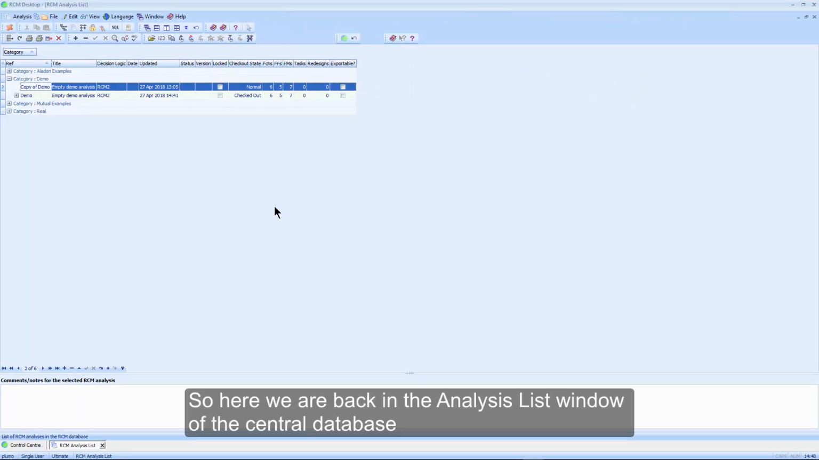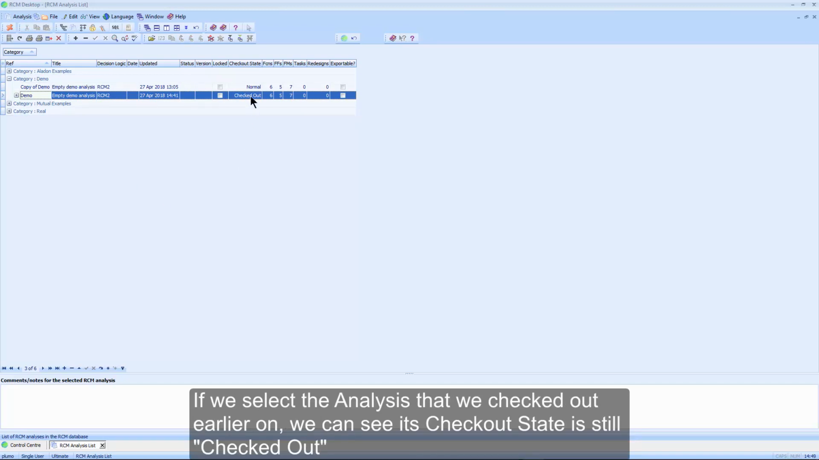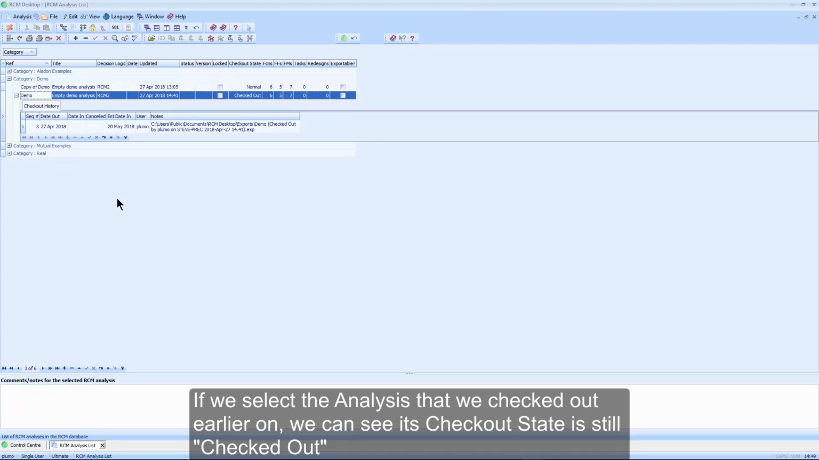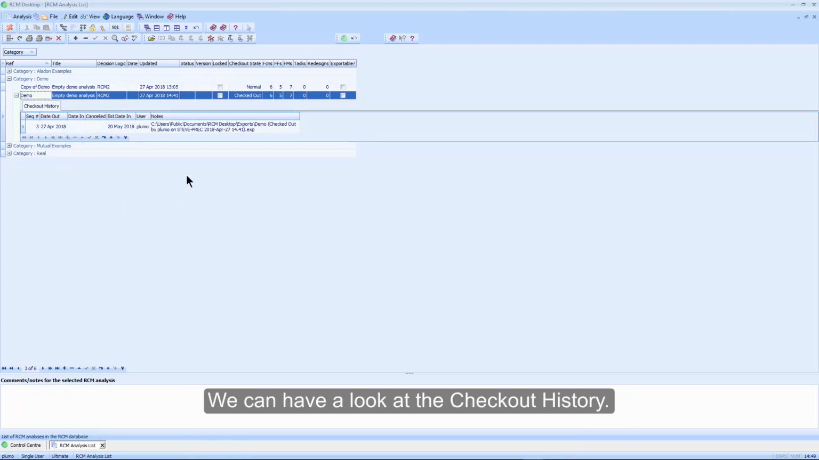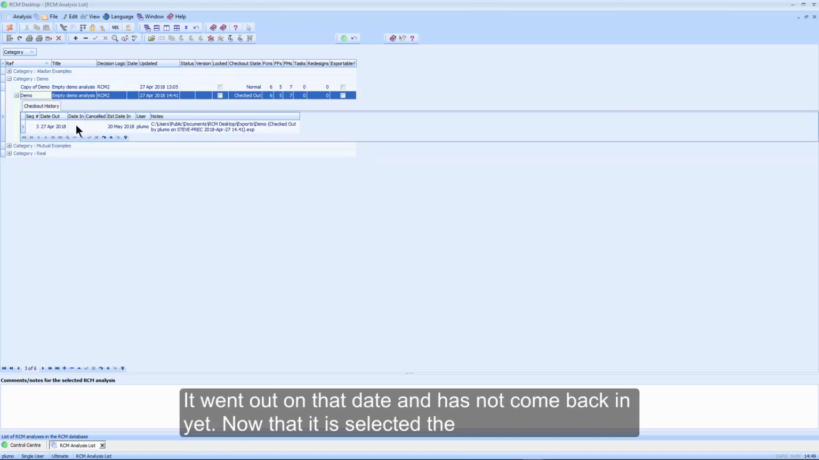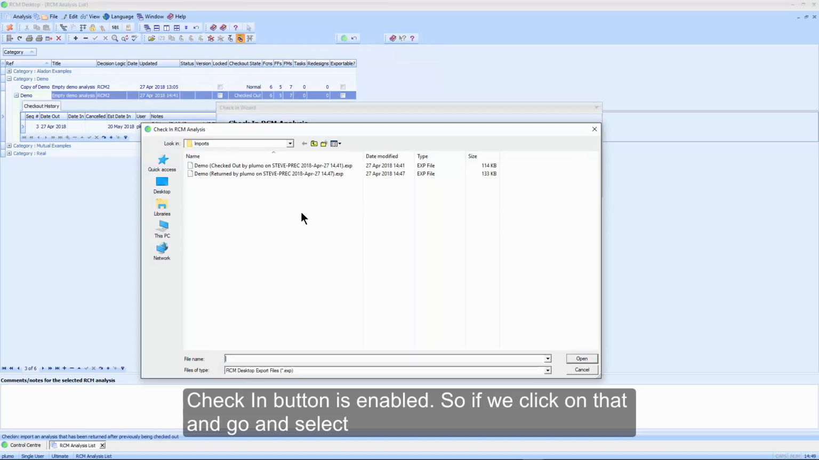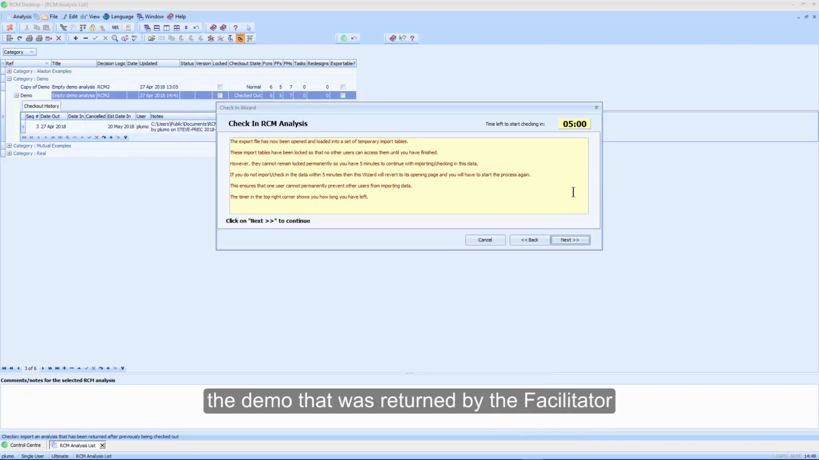So here we are back in the analysis list window of the central database. If we select the analysis that we checked out earlier on, we can see its checkout state is still checked out. We can have a look at the checkout history. It went out on that date and it has not come back in yet. Now that it is selected, the check-in button is enabled, so if we click on that and go and select the demo that was returned by the facilitator,